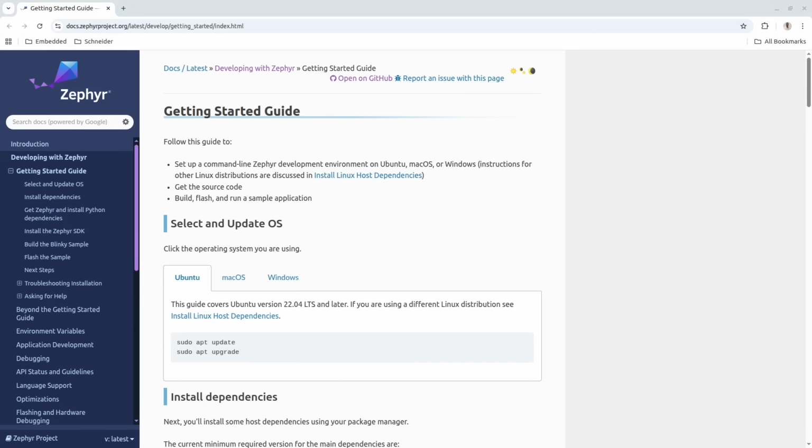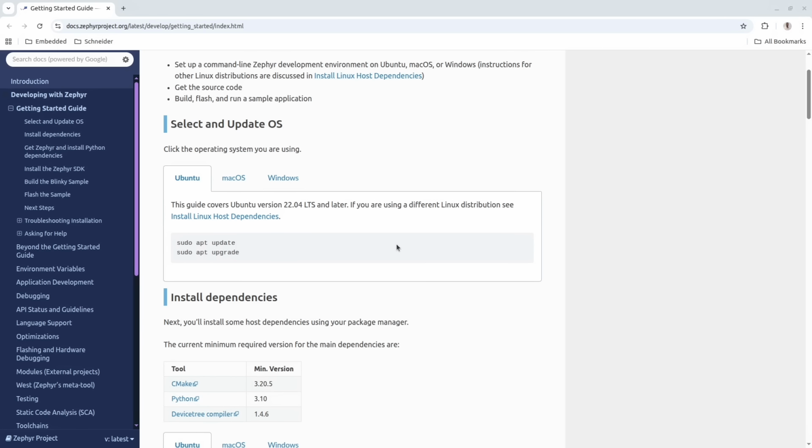So, before we start building our application, I want to quickly show the getting started process. The focus of this lesson is not to cover the Zephyr installation, because this can change across different operating systems. Here we have the process for Linux, Ubuntu, macOS, and Windows.